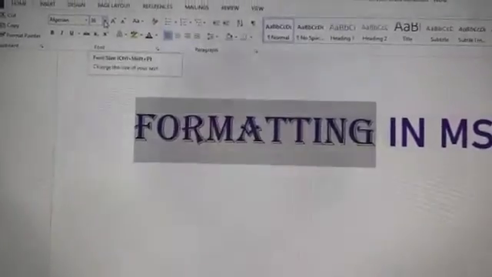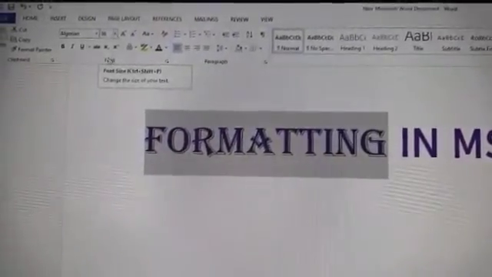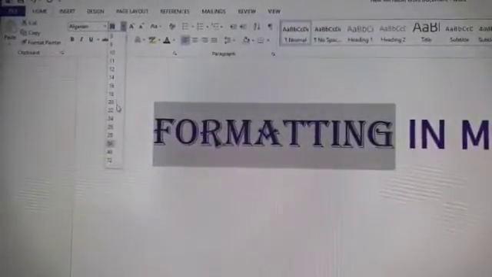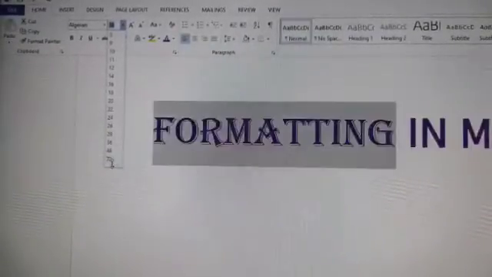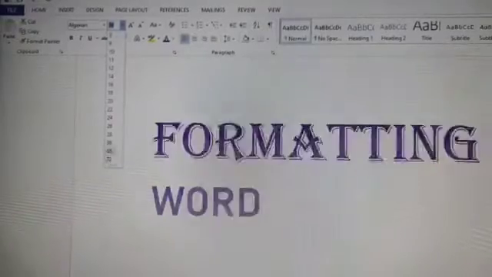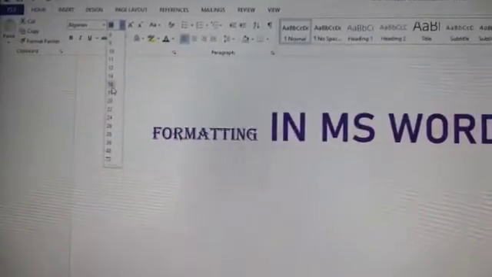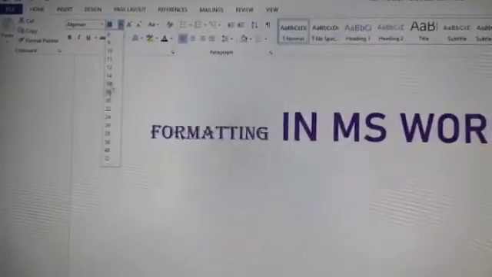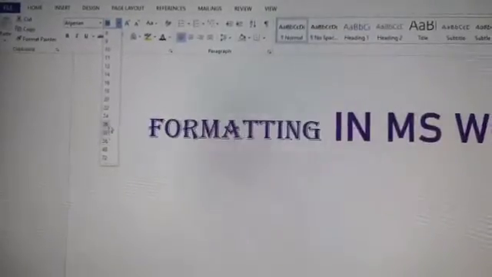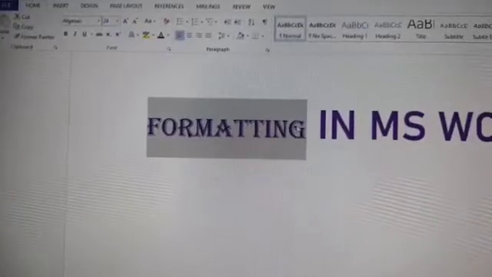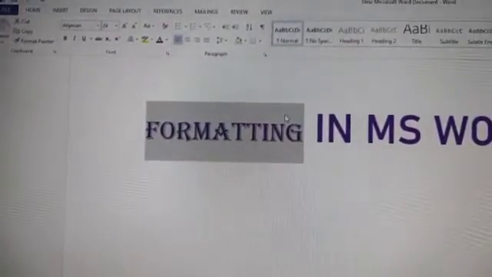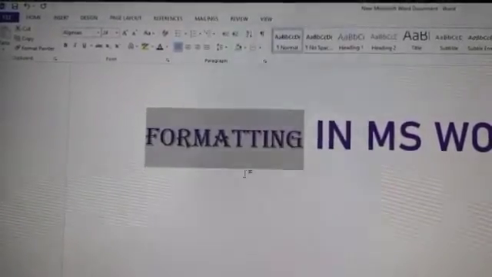Then we want to change the size. Font size. Click it here. Suppose we want a bigger size, click a number in this series. Otherwise, if we need a small size, click a smaller number in the series. See, I am setting 24 here. This font size also changed. Yes or no? Yeah.